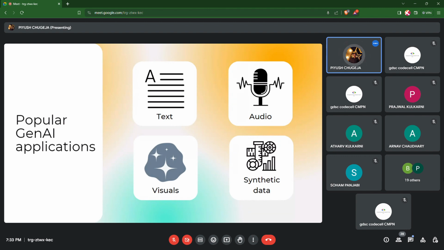Moving towards the last application, not the last, but the most popular application is synthetic data. Now, while training such large language models, we come across various scarcity of data. Right? For example, suppose you are building a chatbot.